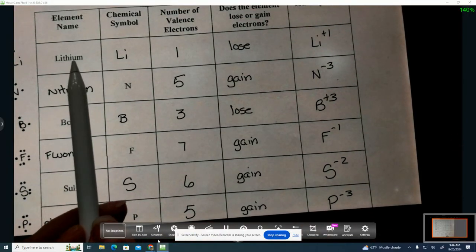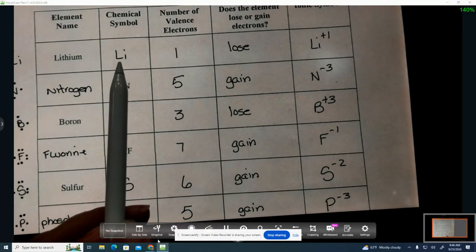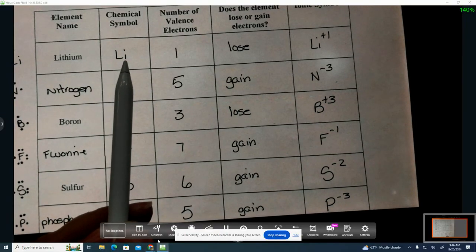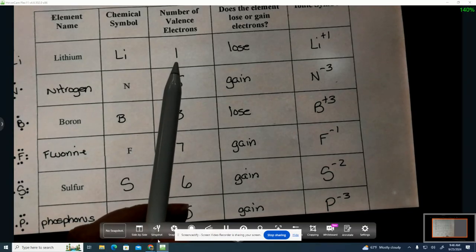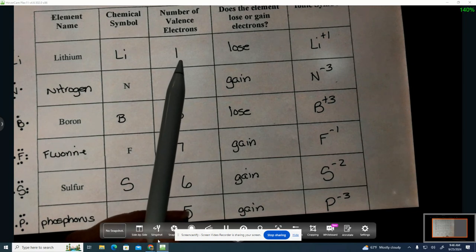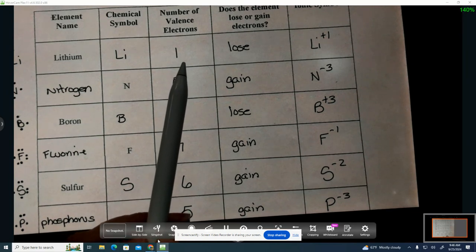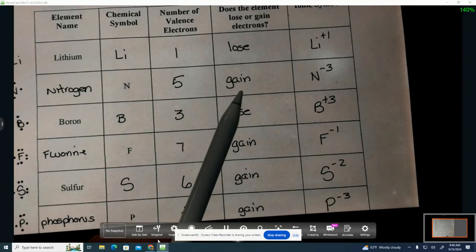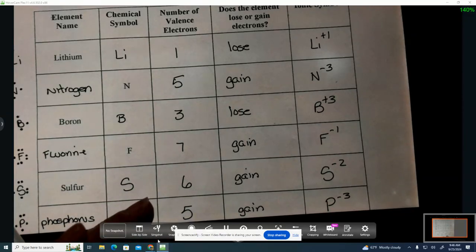All right. Lithium. Chemical symbol is Li, capital L, lowercase i. It has 1 valence electron. It's in the first column on the periodic table, group 1. All the elements in group 1 have 1 valence electron. I'm wandering around with 1 electron. I need to either get 7 more or lose that 1. What's easier for me to do? Lose the 1. So the elements that are on the left side of the periodic table,